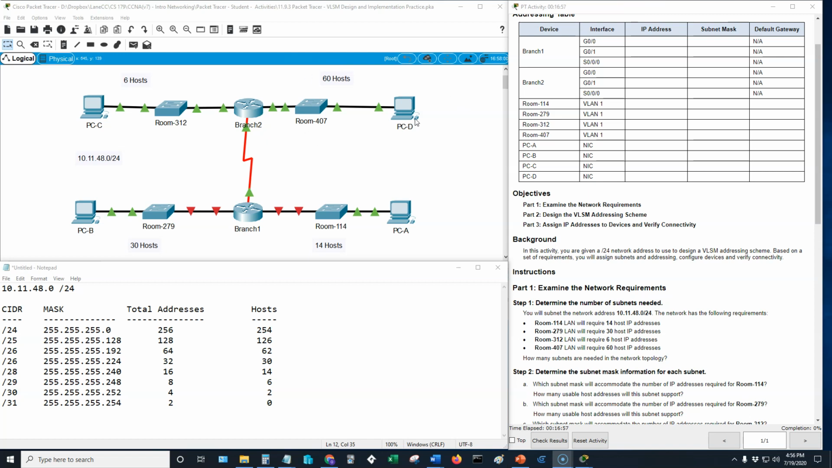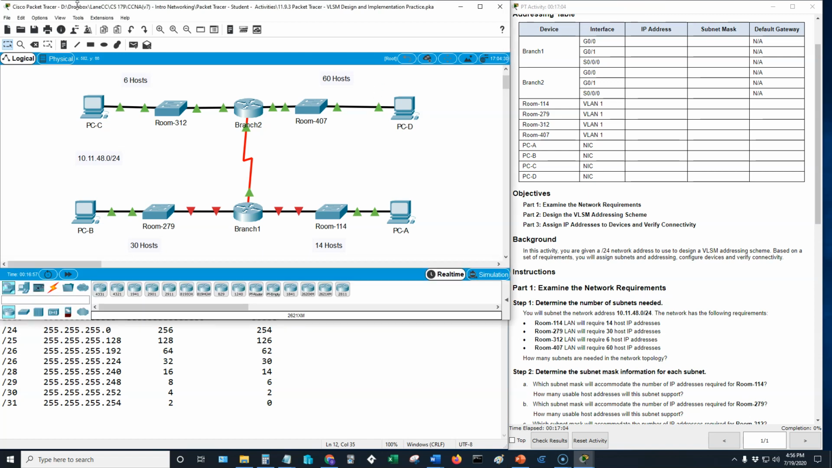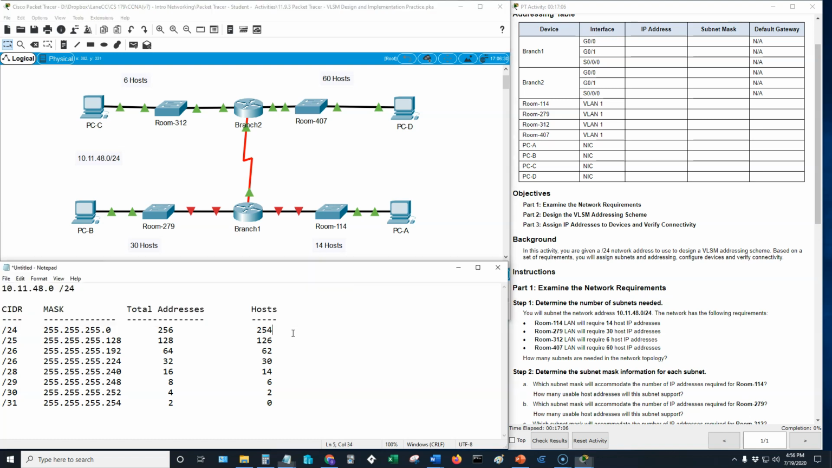So if we start here on the 60 hosts, it's always best to start with the largest. We realize that the /26 will meet the needs here. So we'll go ahead and put LAN D here; it meets this one. Oops, that's in the wrong spot. So LAN D. And we'll go to the next one, the 30 hosts. We'll look here, it meets this one perfectly. So LAN